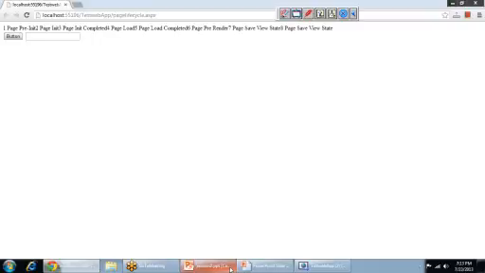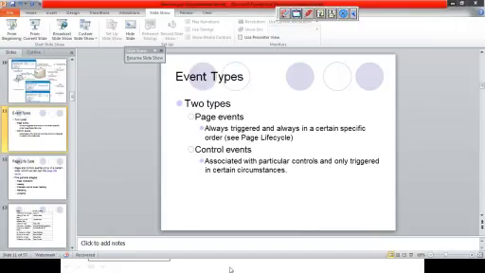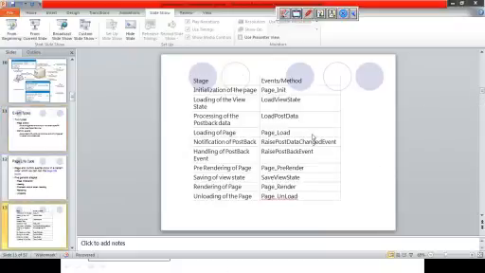Tanvi, I have a question. Sure. In page cycle events, you mentioned 11 of them. So, if I want to load one page, I need to do all these 11. What do I have to do? No, you don't have to. This is just to explain. Now you will use whatever event you need in the program. If you want to do something before sending the output to the browser, then you will use the pre-render event. It is not compulsory that you have to use it. I am just demonstrating that this is the flow. Okay, got it. If you want to do something, you will use that event.